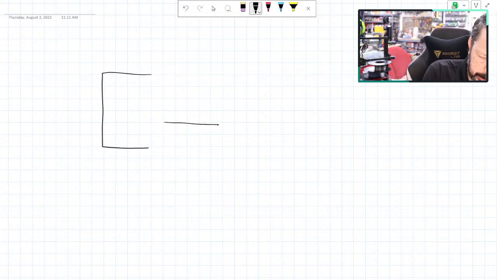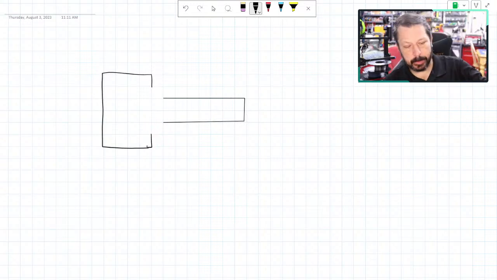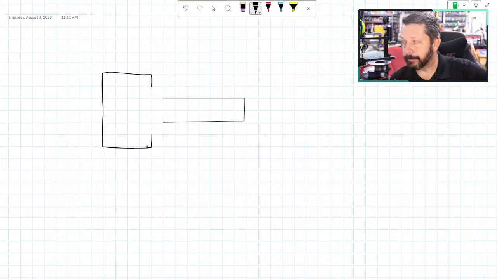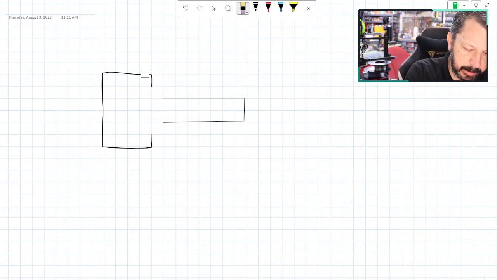Well, let's try to get a little straighter than that. Now here, this transition area from the large side to the thin side, or the more narrow side,